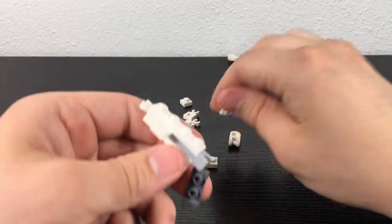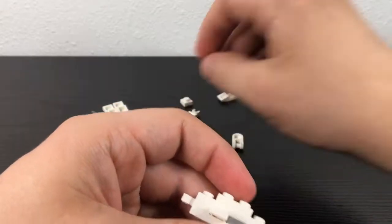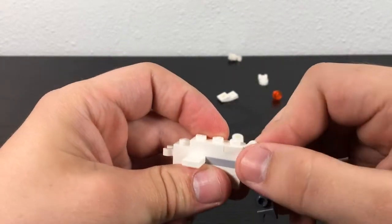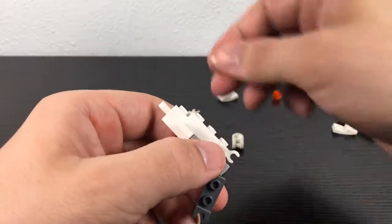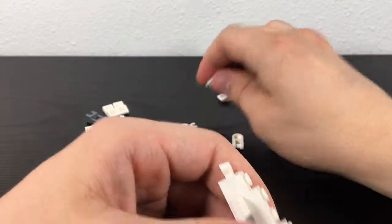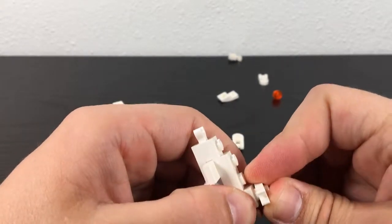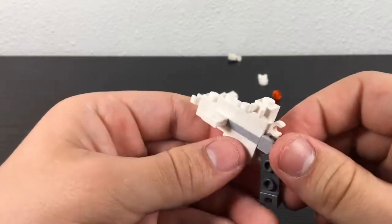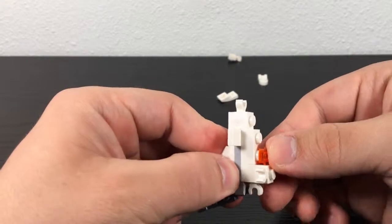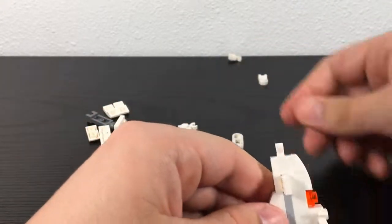Now along the top, I'm going to put a 1x2 plate right there, 1x1 plate with the clip. It's going to go right there. 1x1, just a regular 1x1 plate. And another 1x2 with the horizontal clip is going to attach just like that. Take the orange stud, attach it right there. 1x1 slope,